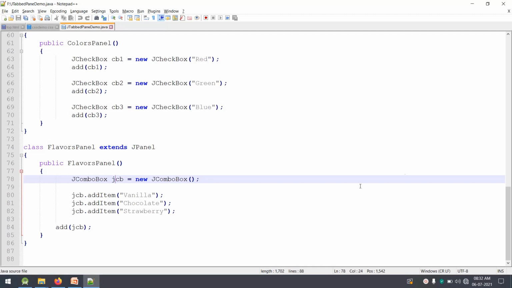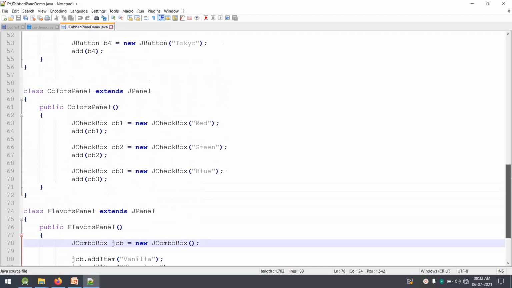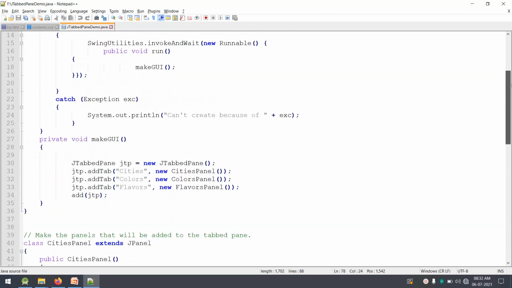The class is FlavorsPanel. So we have three panels created and each of these panels is added in a tab. We have created three tabs here by using addTab. So in the tabbed pane we have added three tabs, and in the end we are adding the tabbed pane itself on the main container, that is our applet container, add jtp. So the tabbed pane is added on the applet container.